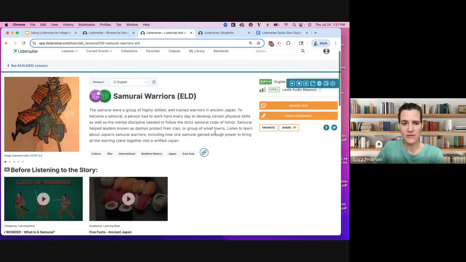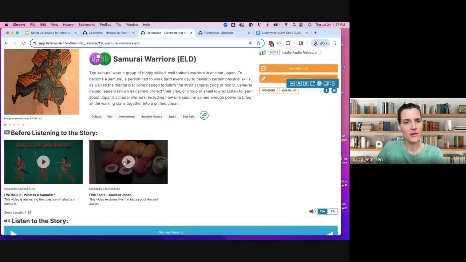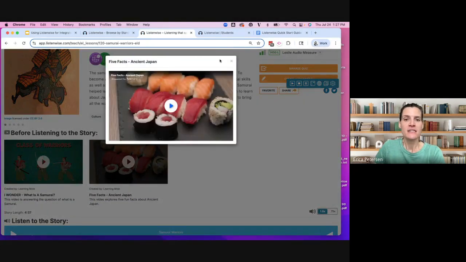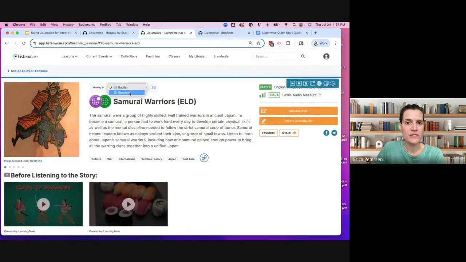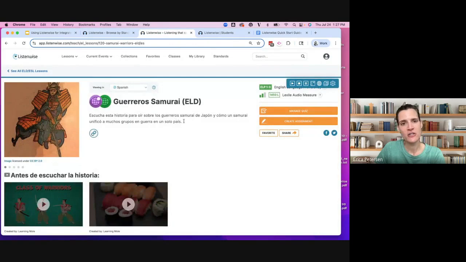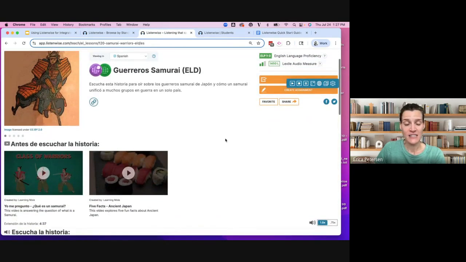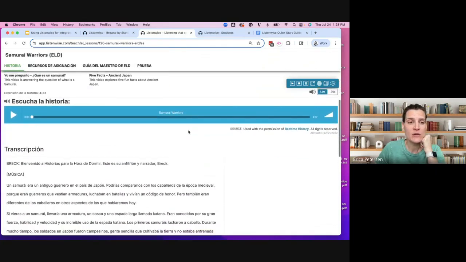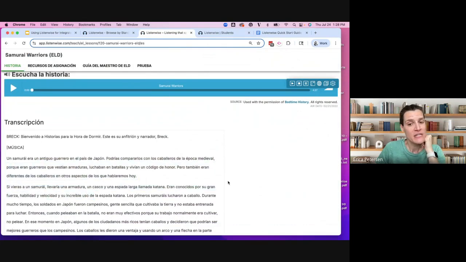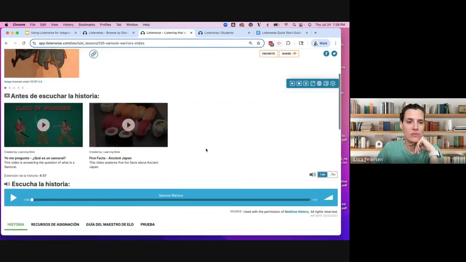One of the big ones visually, you see there are some embedded videos, so you can do some watching before listening to the podcast. That's a great background builder. The other great resource is automatic Spanish translation. All of the text that students see could be translated, with subtitles on the videos. Most importantly, there would be a Spanish transcript. It is not interactive, it's just a transcript, but students would be listening in English and could see the Spanish translation. That can be a really great support.